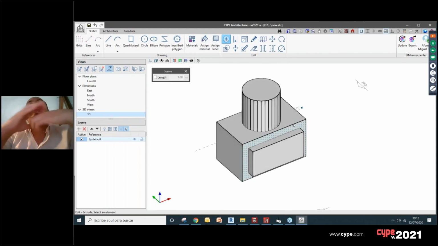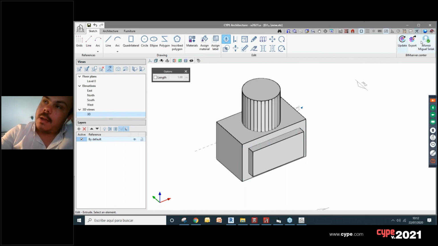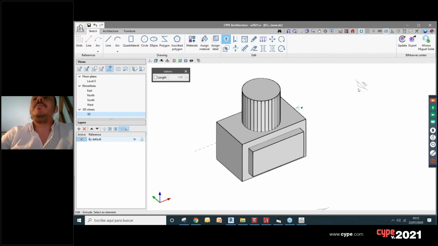And this information now we can send to BIMserver.center using our panel here, this right side panel. This panel we have on all our softwares is the menu that you use to connect with the platform. Okay, let me check in here. It's okay. But before we send this sketch to StruBIM CYPE 3D, that is the new name of the software,